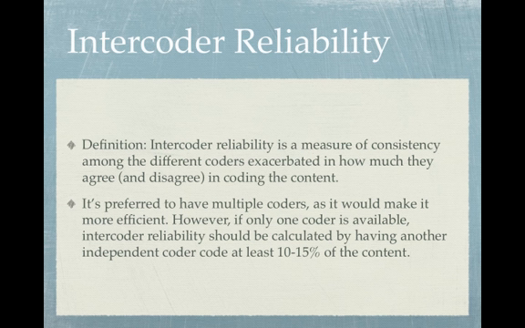So we have coders. In some cases, one person can do the majority of the coding, but in all cases, it is required that at least two people code a minimum amount of the data, of the cases, so as to ensure the reliability of the coding scheme. Usually they pick 10 to 15% of the content that two people can code.